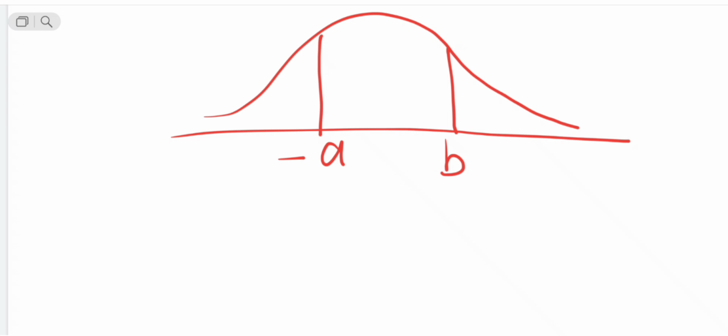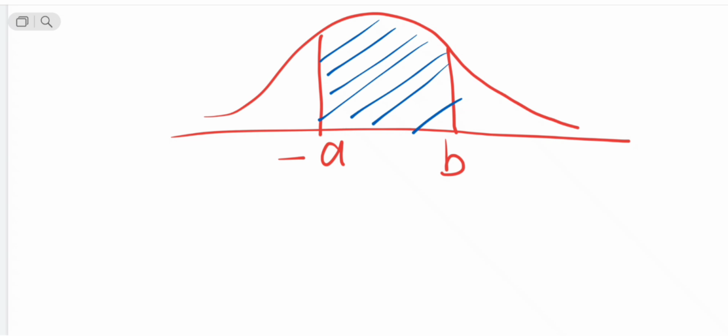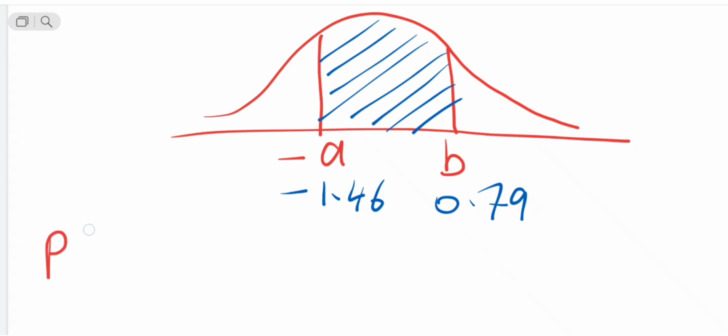They are asking you to find the area between minus a and b. What is minus a? Minus a, as I told you, can be any number, for example minus 1.46. b is positive, even 0.79, any positive number. So they can ask you the question like that, or they can ask you to find the probability of